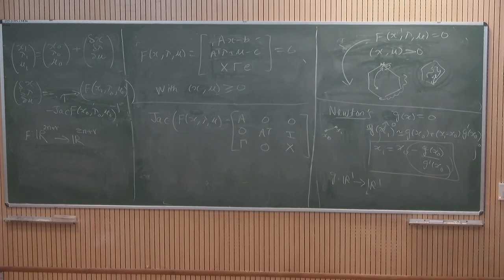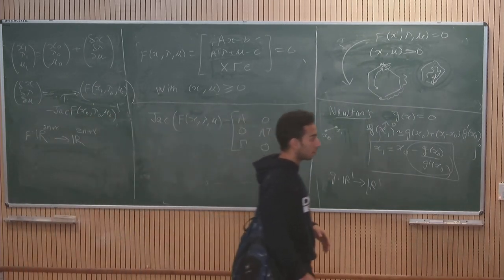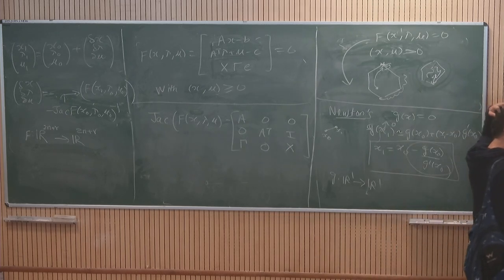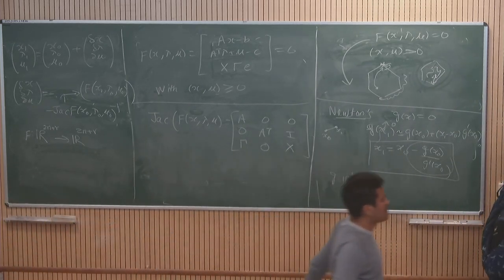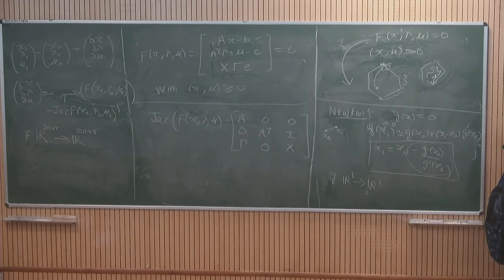I had a doubt on the degeneracy part. Ask me. So exactly what is the condition for degeneracy? Degeneracy is when any of the active constraints come into your B set. Okay. If